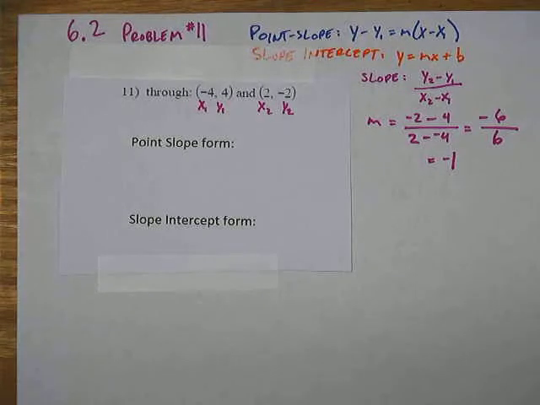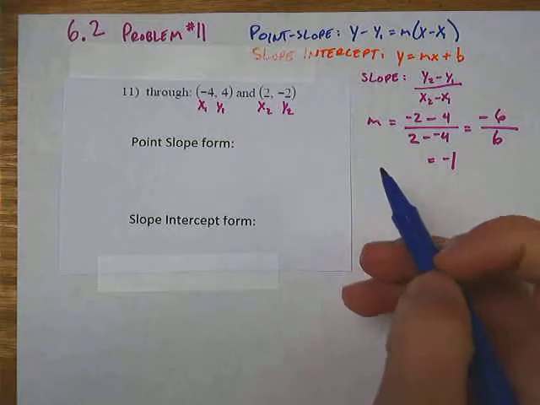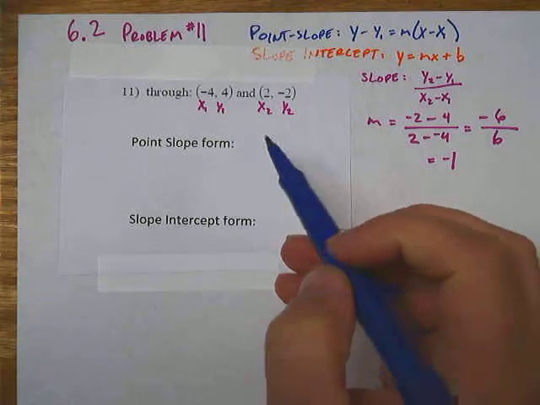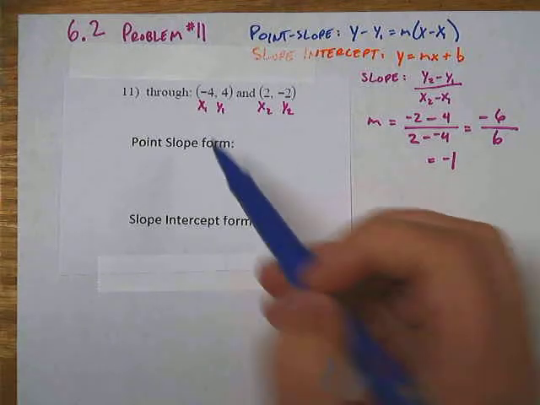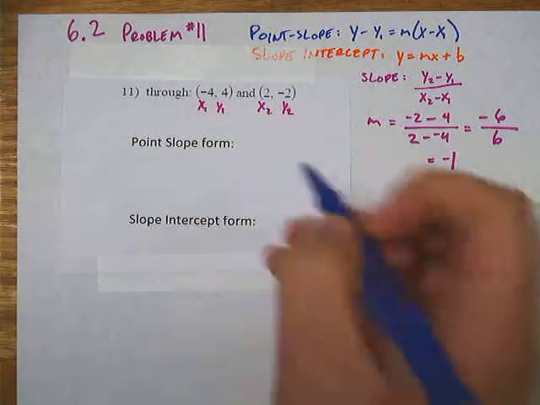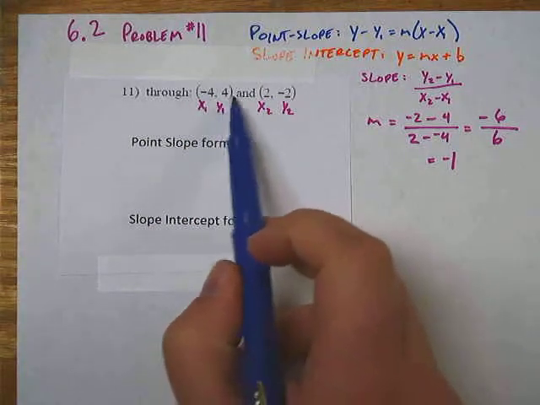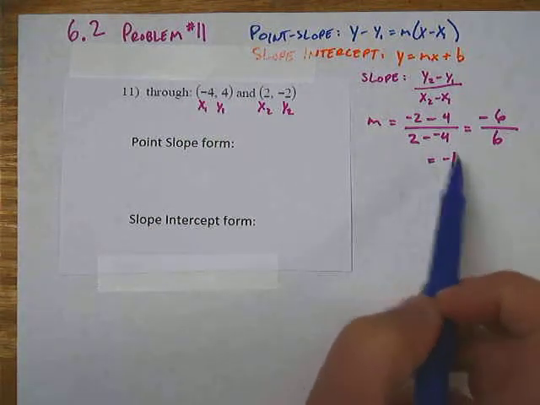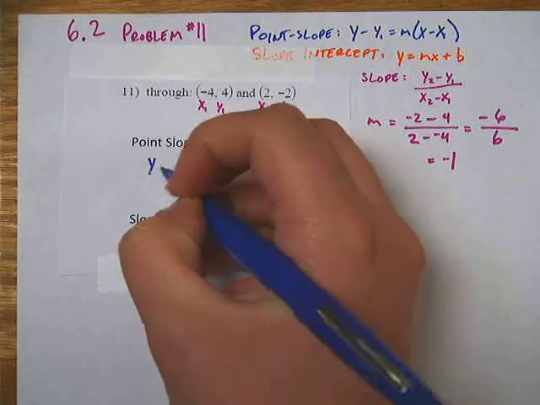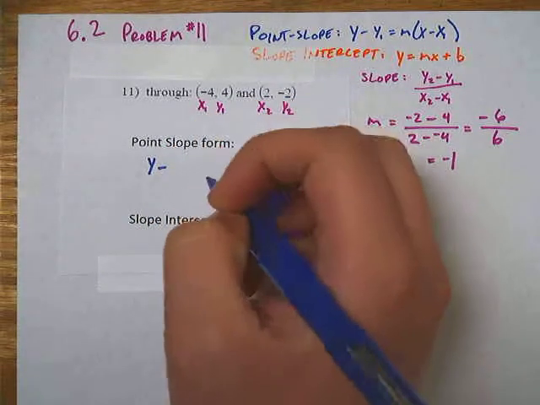Okay, so now we have our slope. We can put this into point slope form. It doesn't matter which of the 2 points that you use when you're putting something in point slope form, but I'm going to just use the first one here, x1 and y1, since we already have it labeled. So to put something in point slope form, all you need is a point, so -4, 4, and a slope, -1. So following our point slope form, we have y minus y1, which is 4,